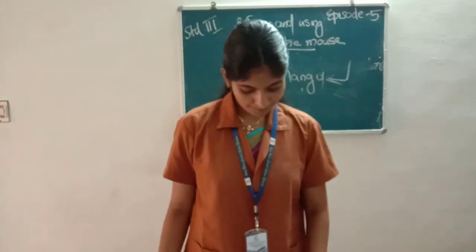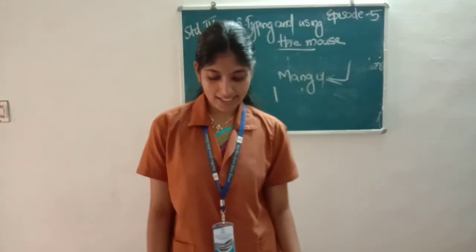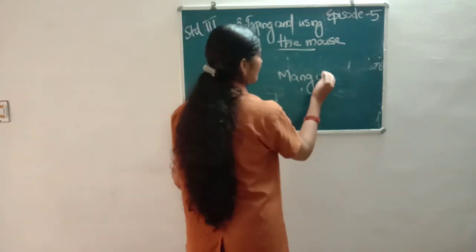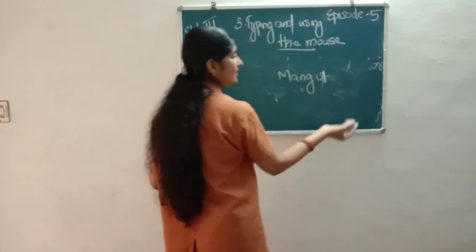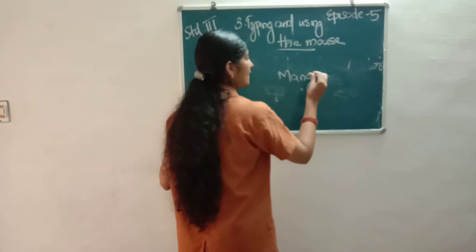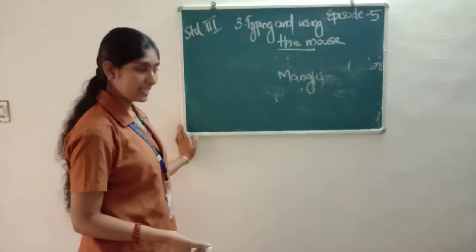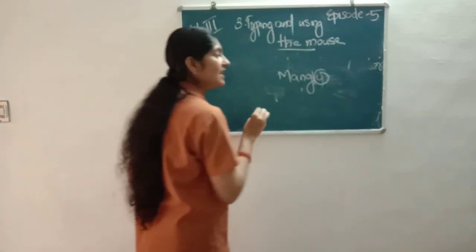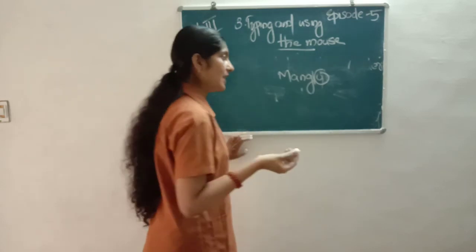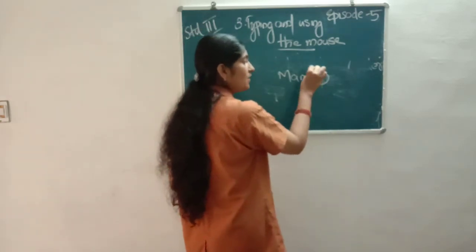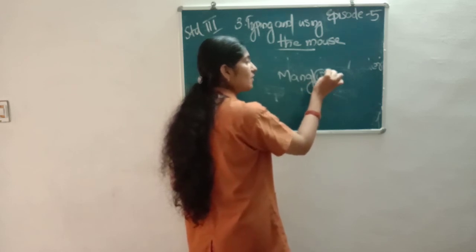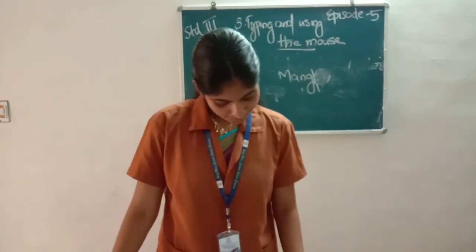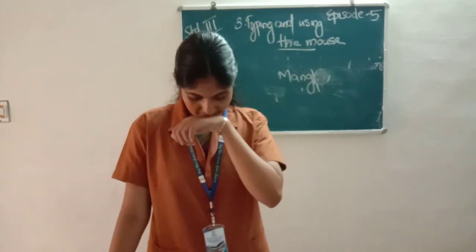So this is true. Then third question, the delete key deletes one character to the right of the insertion point. For example, here is the cursor. When we press the delete key, which letter will it remove? Letter O. That means the delete key is used to delete the letter to the right of the insertion pointer. Here is the insertion pointer, and right of the insertion pointer is O, so it will remove O. So the statement is true.